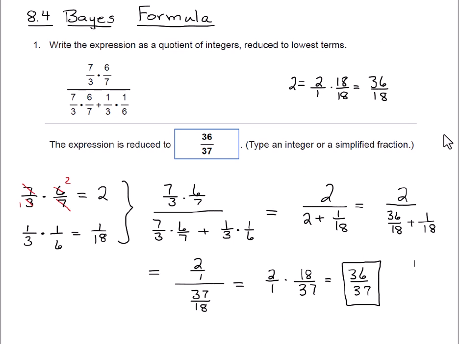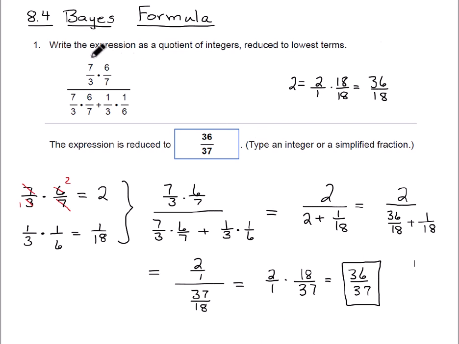Welcome to Math 1324. This is section 8.4 on Bayes formula. Now, at first, before we get to Bayes formula, we want to remember some things about fractions and how to